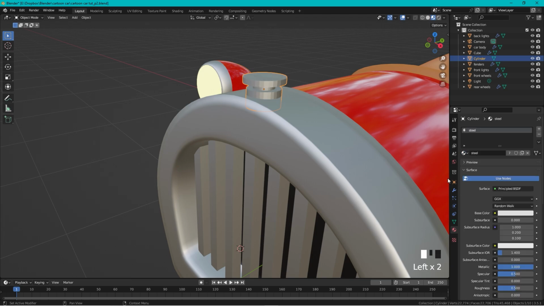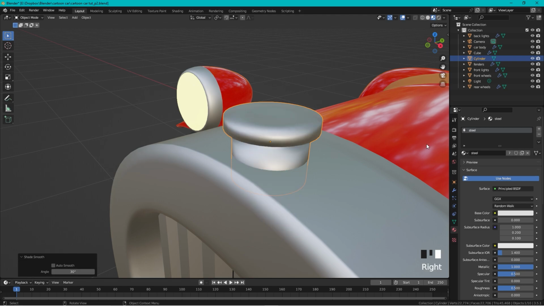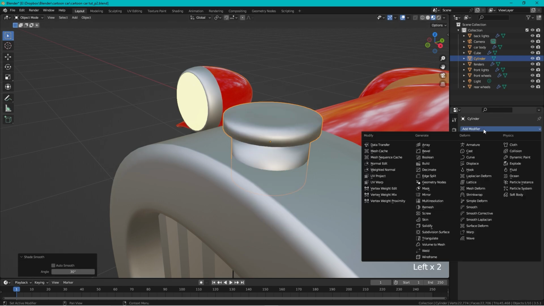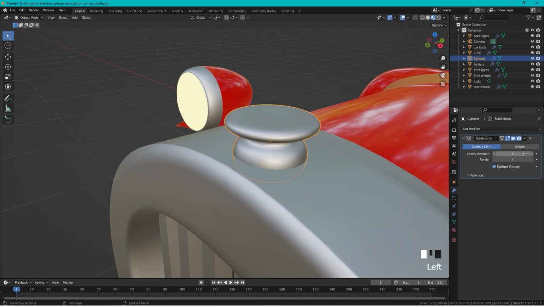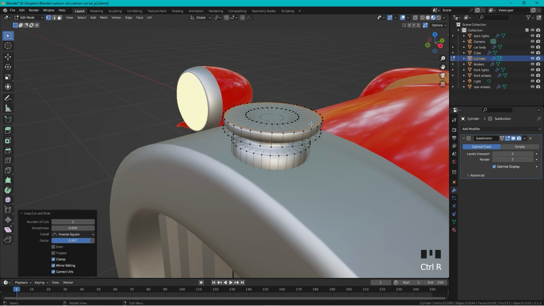So let's take steel, and now we can see it's kind of hard edge. Time to shade this smooth, and then add a subdivision modifier like that, and time to add some loop cuts so we get the sharpness that we want. So let's press tab and Control R, add one here, and I want one there,